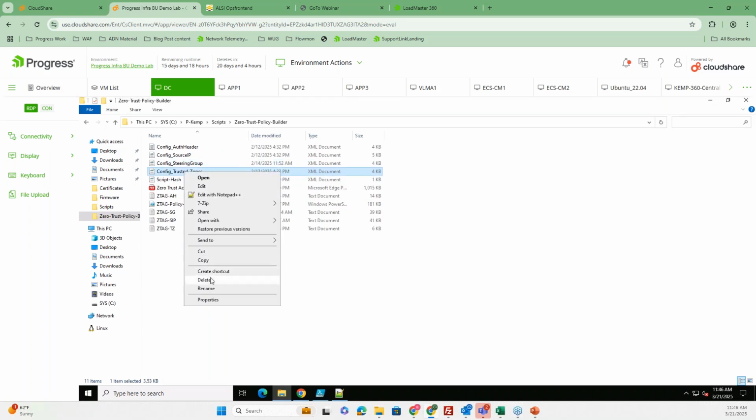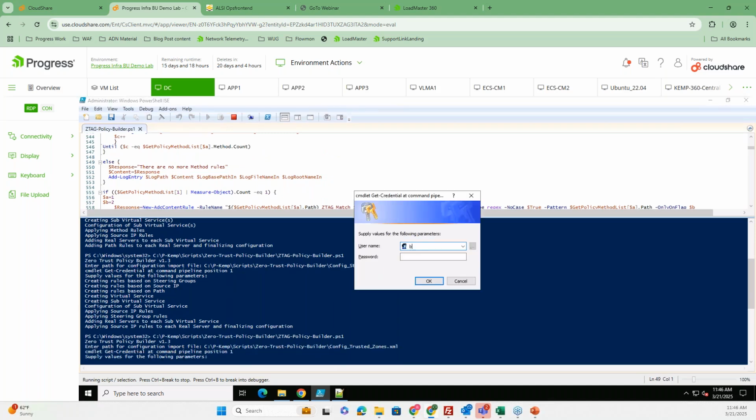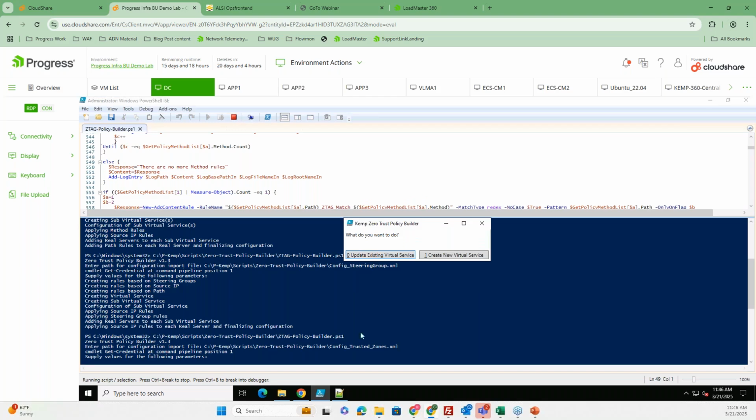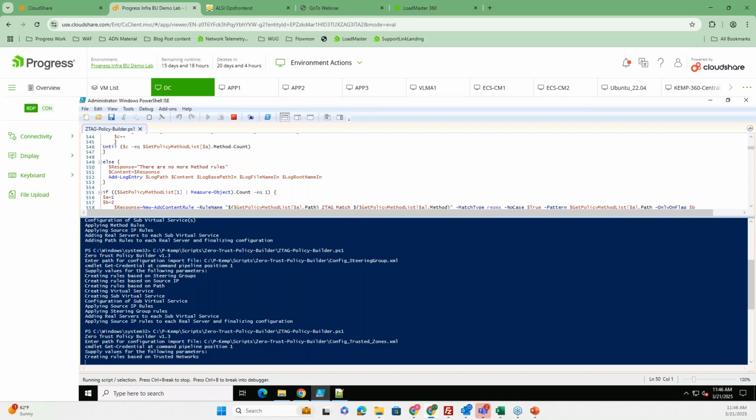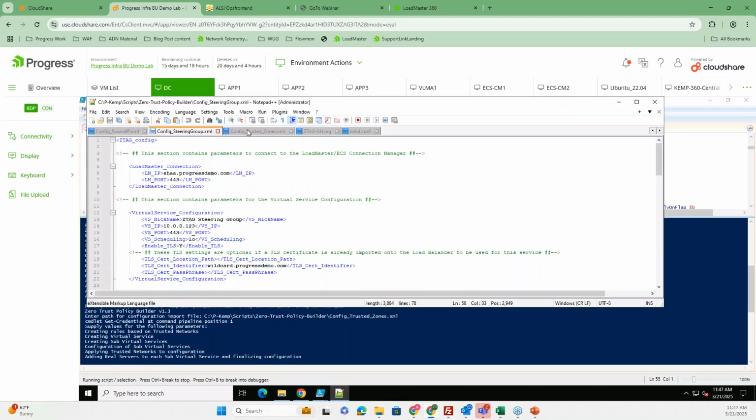So let's see what the difference is on this one. Again, I want to create a new one using my SSL certificate. Don't want to backup. And now, based on my XML for this trusted zones, it's creating a new service on 124.